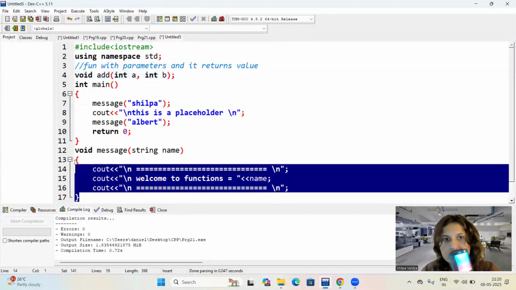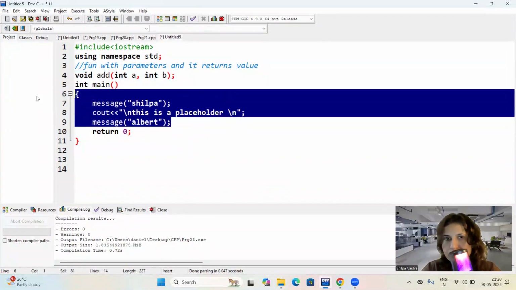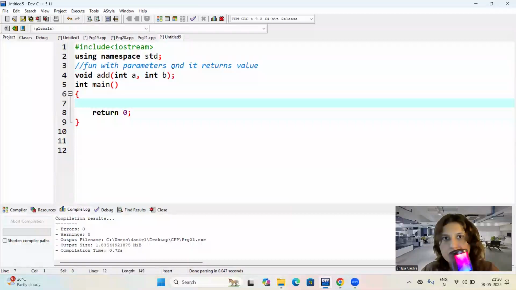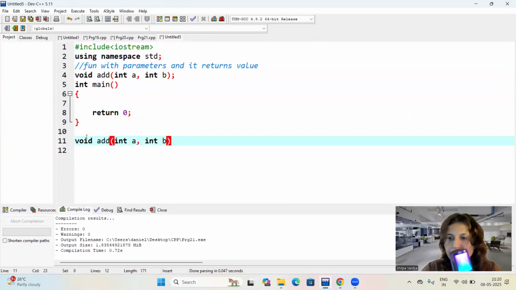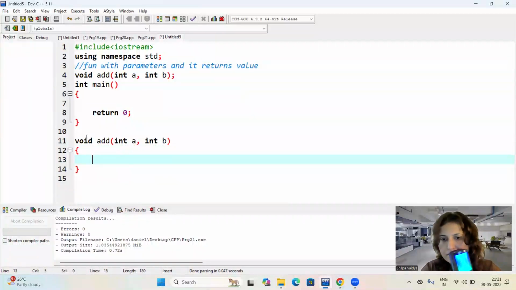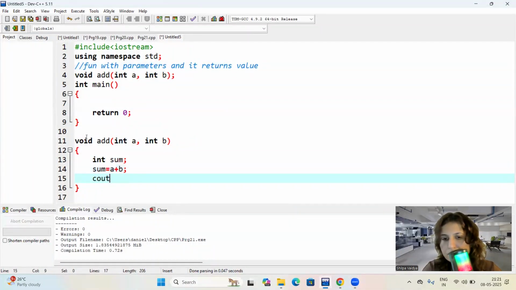How do I write it here? Okay, I'm going to define the function below with a local variable called sum equals a plus b, and cout